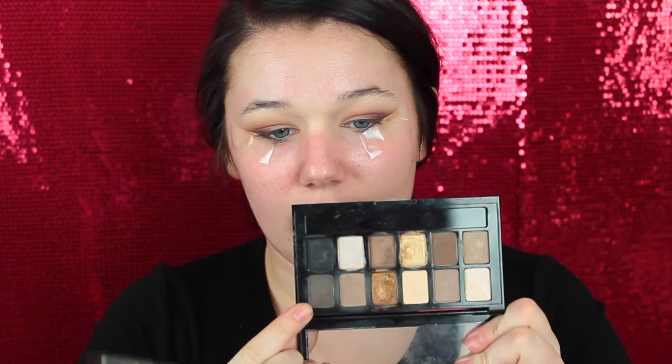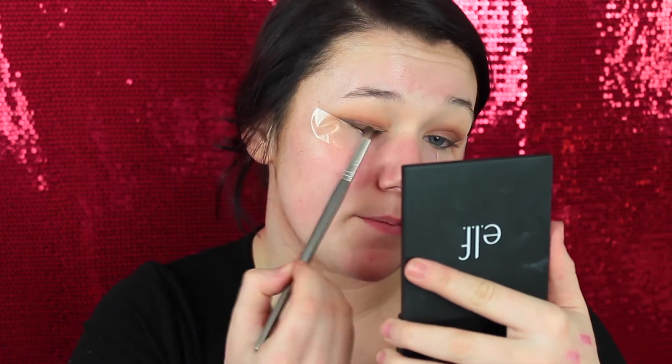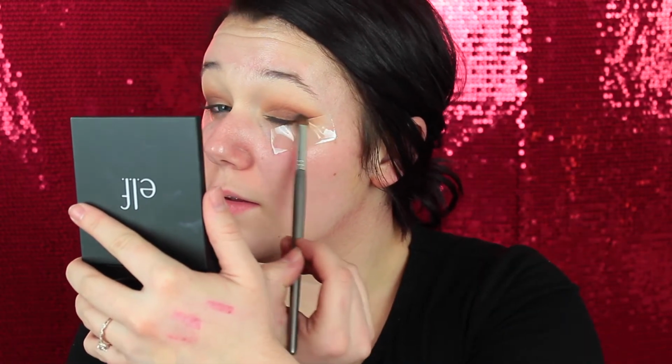So now I'm going to use the same brush and pick up this dark gray right here. So doing the same technique as before, just placing it really nice and tight against the tape. So now I'm going to take the black, which is just the darkest shade in this palette, on my brush, and then